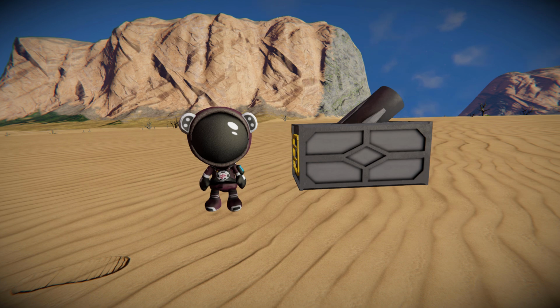In today's video, we're looking at two mods with a common theme. The first one is the Plushie Character Model, and the second one is the Plushie Mortar. These two mods are not to be taken seriously, but they are a lot of fun to use, especially the